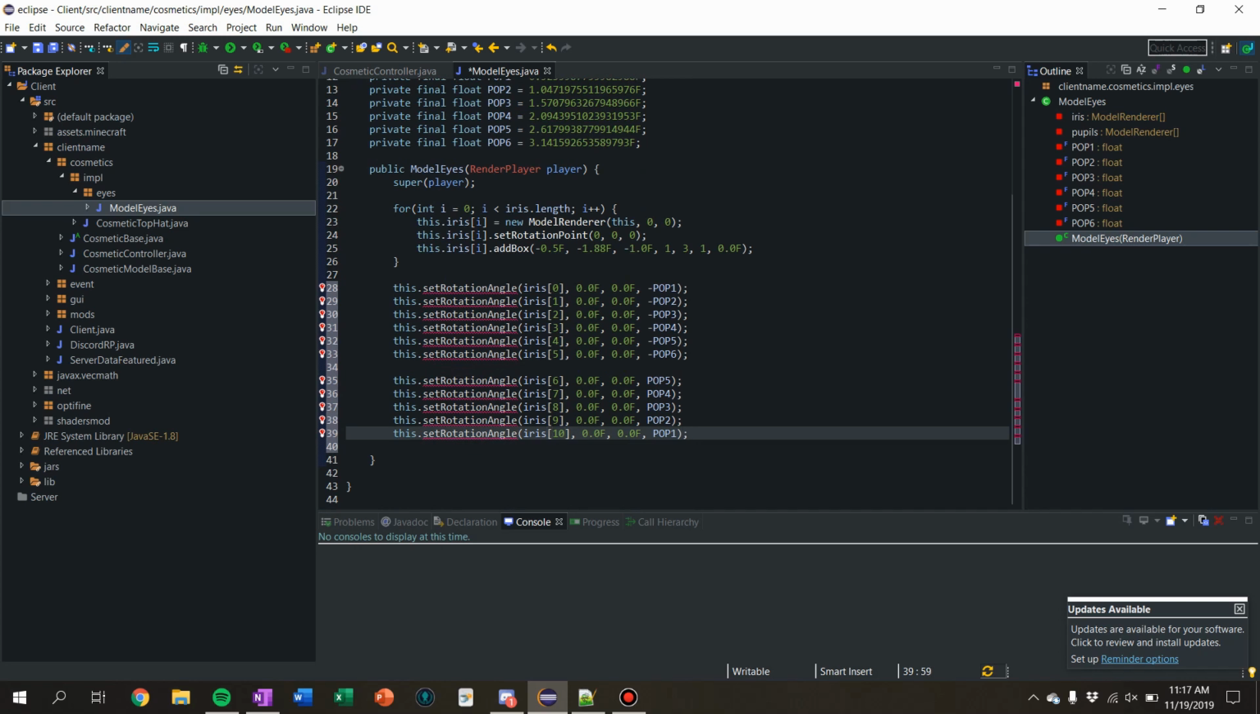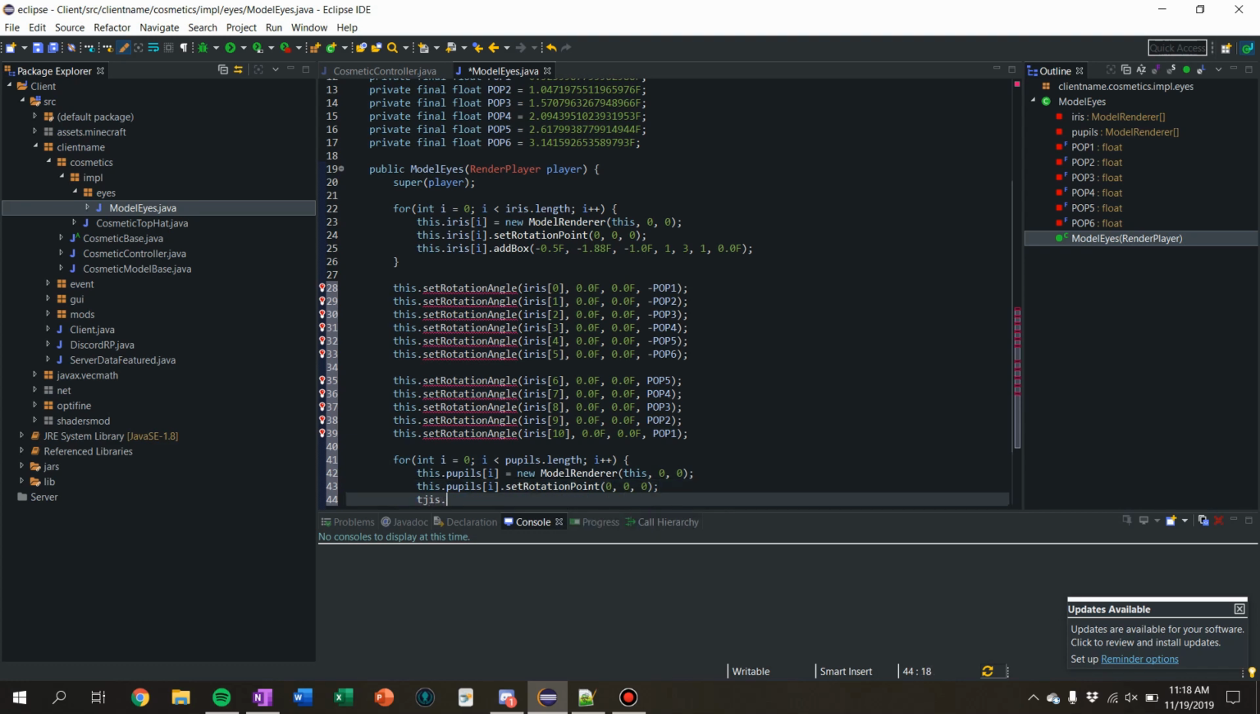So we got those. We haven't made this function yet, but we will make it in a second. So now what we want to do is go for int i equals 0, i is greater than pupils.length, i plus plus. You can copy this up here really quick and just change it to pupils. We're going to say this dot